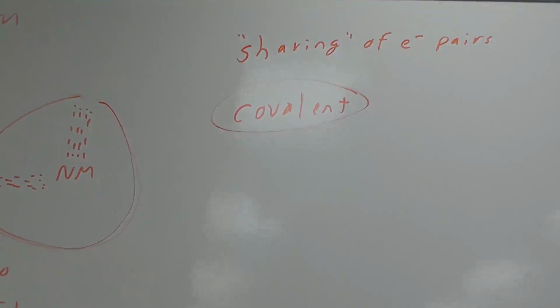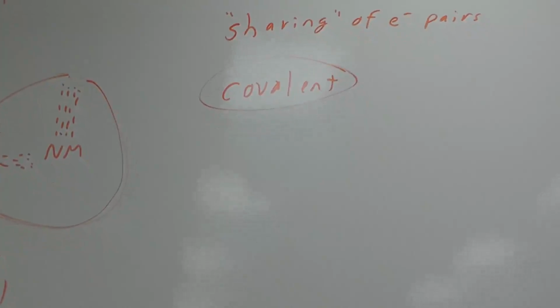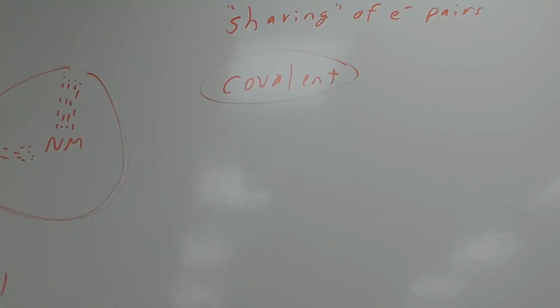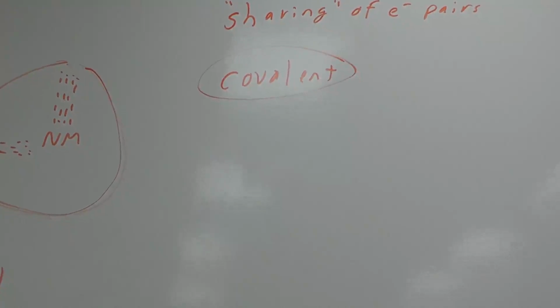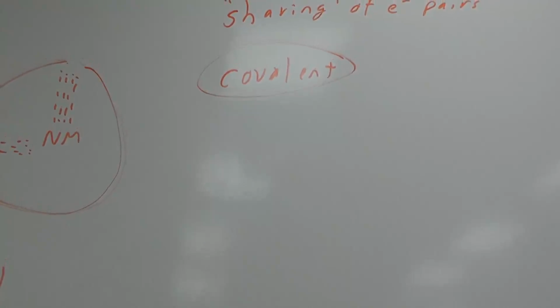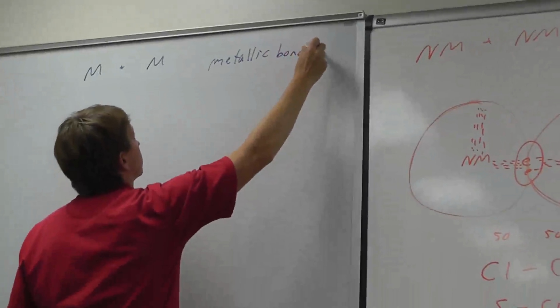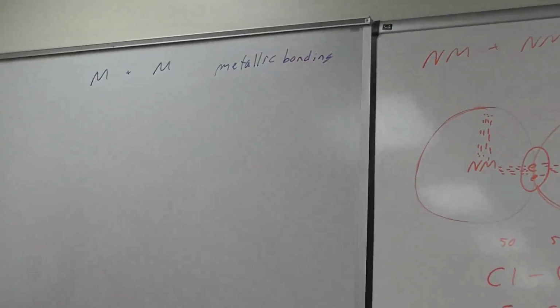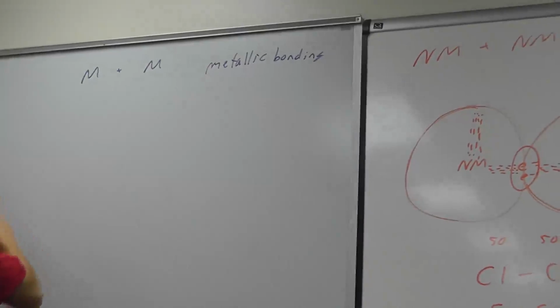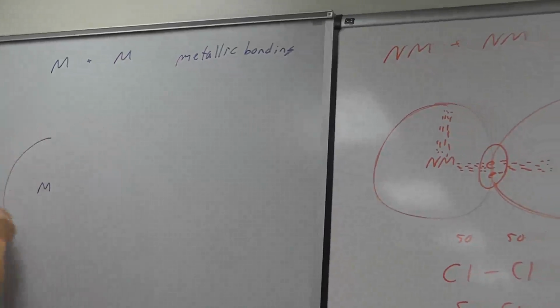All right, third type. And this is when you're bonding metals with metals, called metallic bonding. Not the most creative name, but it's definitely descriptive, because that's who's involved. And the way this works,